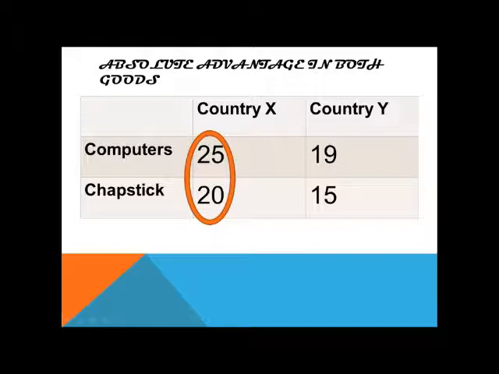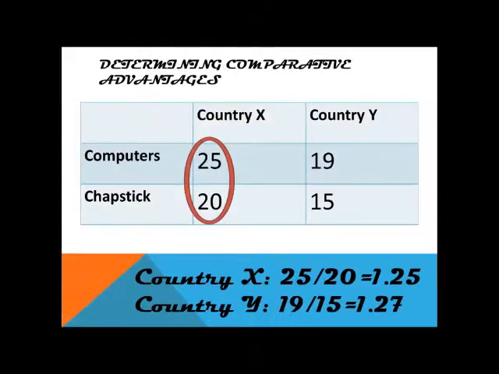To determine which country has the comparative advantage in the production of a good, we must determine the opportunity cost of producing that good for each country. This is really a simple process. We must divide the amount of computers producible by the amount of chapstick producible for both countries. Whoever sacrifices fewer computers per tube of chapstick will have the comparative advantage and will hold the responsibility for production